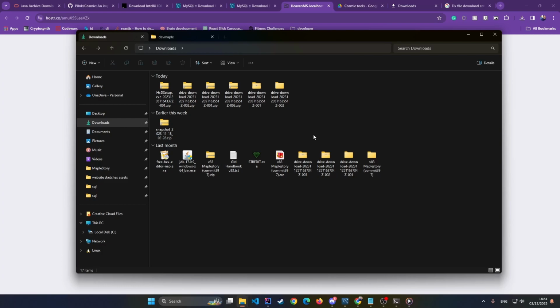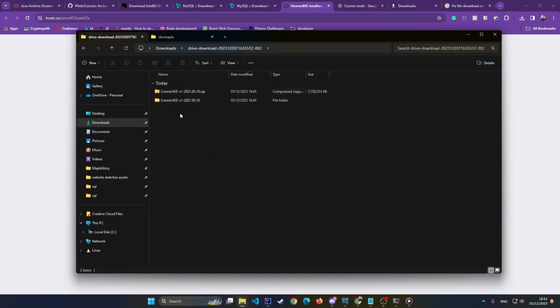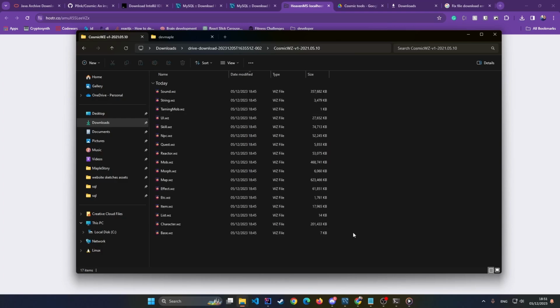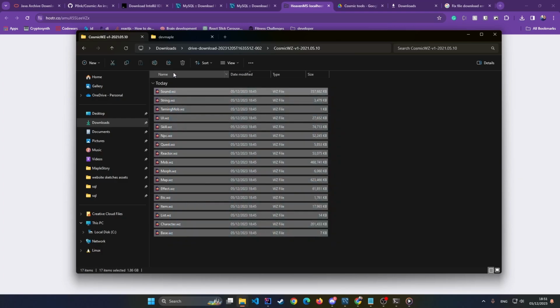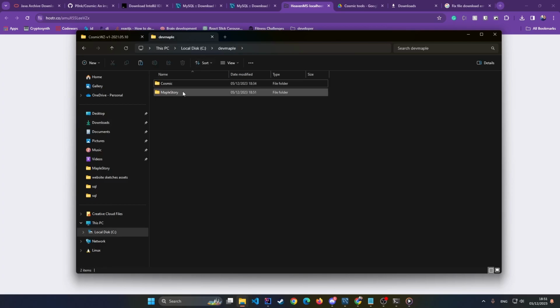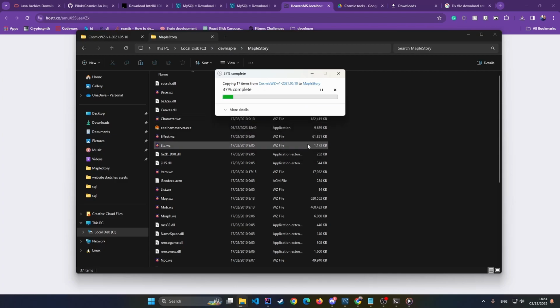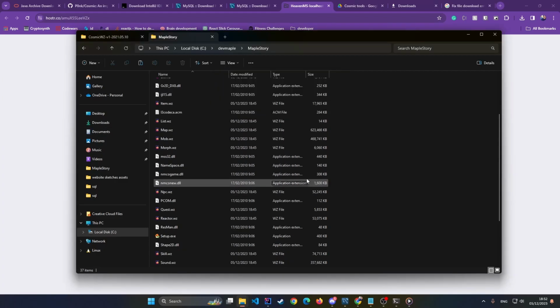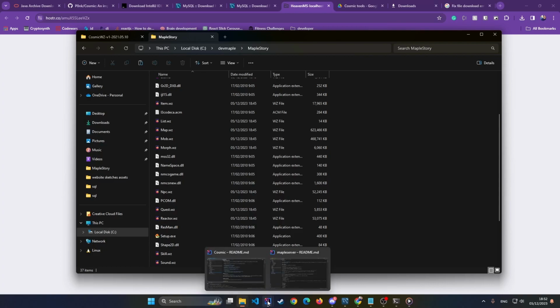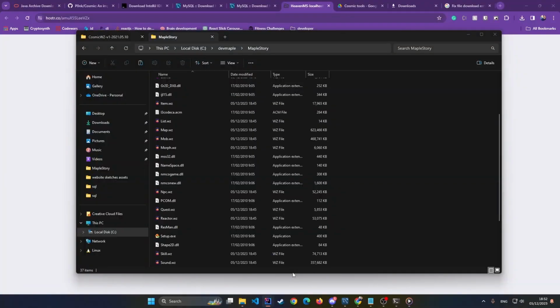We're going back to downloads. Now, the other file that we unzipped is the Cosmic v1, and we need to copy all those files and paste them in the client. And that's it, basically. We are going back to the IDE, to the Maple server,